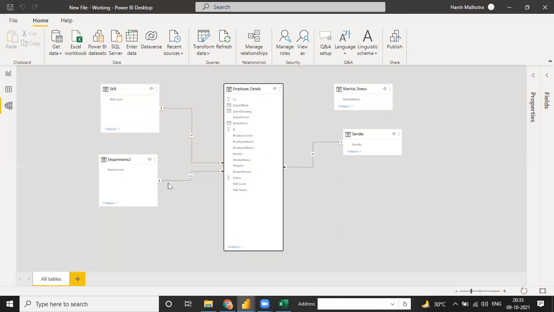Okay, and the same thing here, department to department, one to many, and the same thing here, gender to gender, one to many. And right now in this table we don't have a relationship for marital status, so you just drag and drop this field, marital status. And every time, guys, make 100% sure that you connect the correct relationship. After connecting, you just drag and drop your mouse onto the line, and it will give you the complete picture, marital status to marital status.